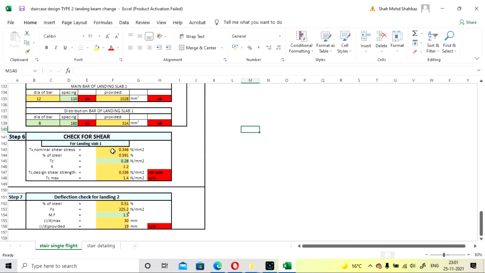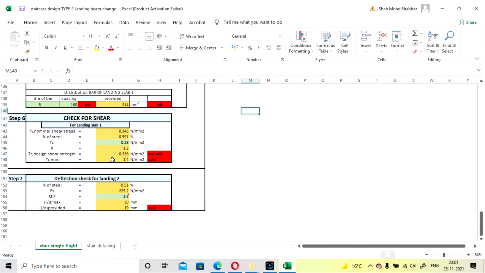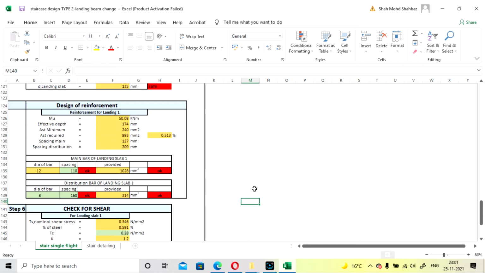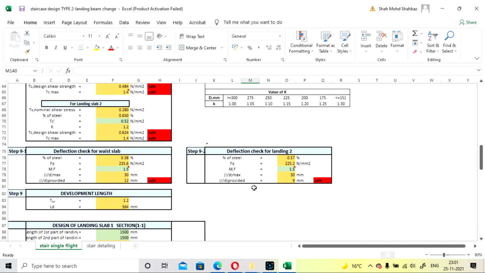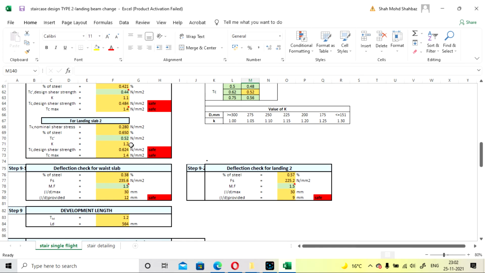Okay, for landing slabs it will be cross verified from the same procedure, and if you go with the checks here, our nominal percentage value will be 0.591 here, and for landing 2 it is coming as 0.650.